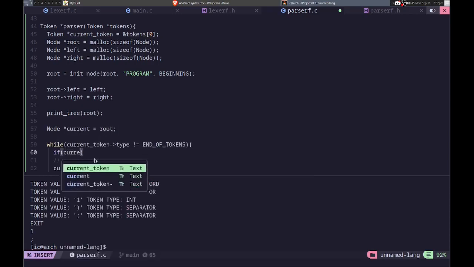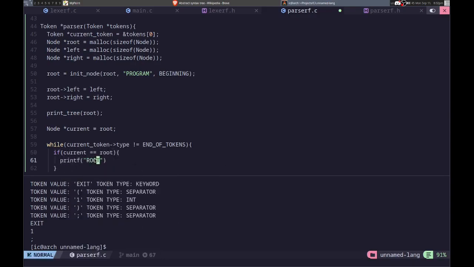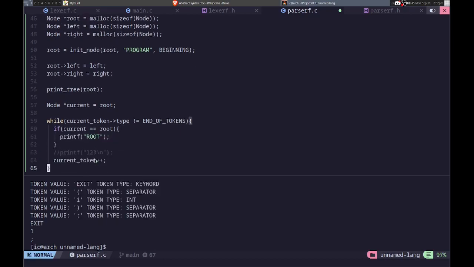If current equals root, then let's bring root, and we'll do stuff there, and then current, and here we can set current equals the current left, and we go left first because that's what we evaluate first. But then we also need to get back to the root, so I need to figure that out. And we don't always want to go to the left, so if we do